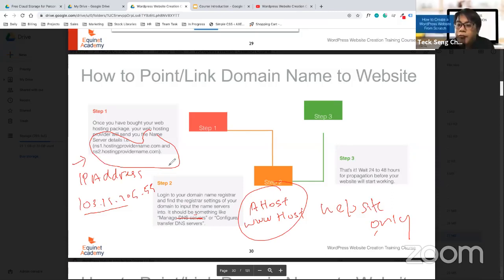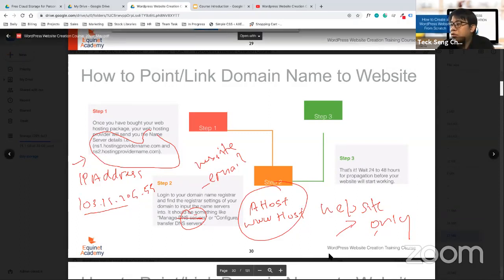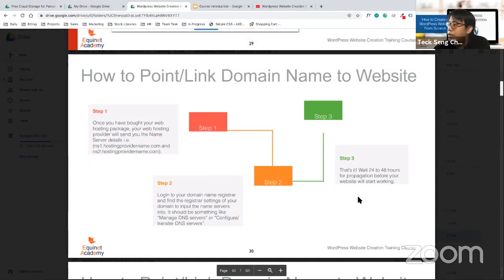For the rest, also take note: this DNS is for everything, email and website. In some cases, if you want to restart the whole thing, then you should do that. But the A host and triple W host is for website only. If it is not clear, just remember this and Google the A host and triple W host. You should be able to get a clear explanation from that. Okay, no questions.